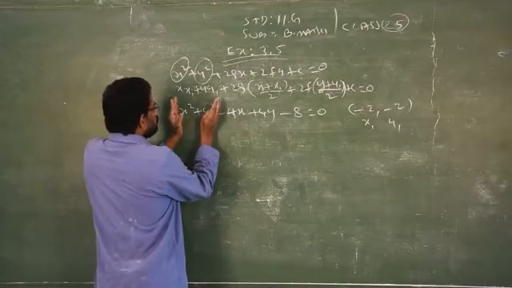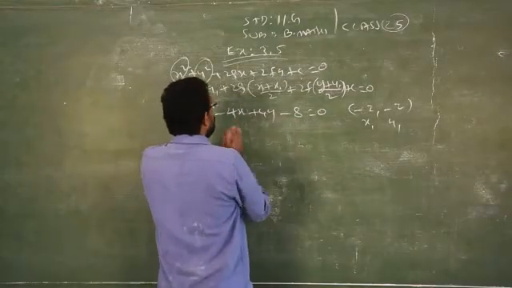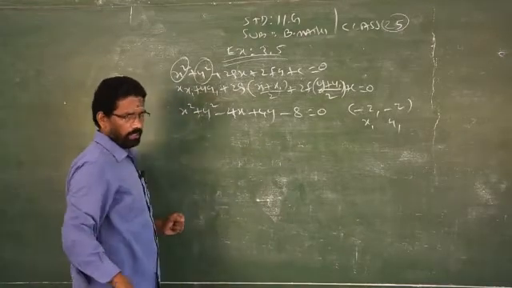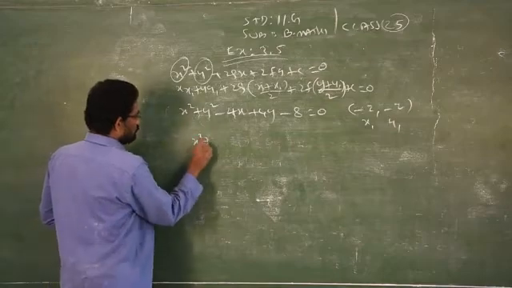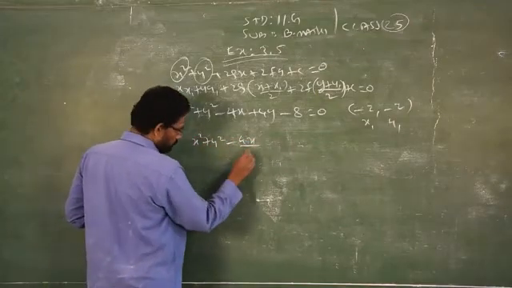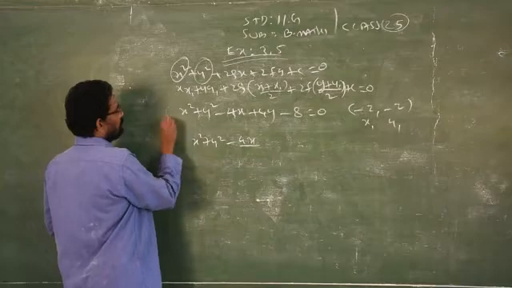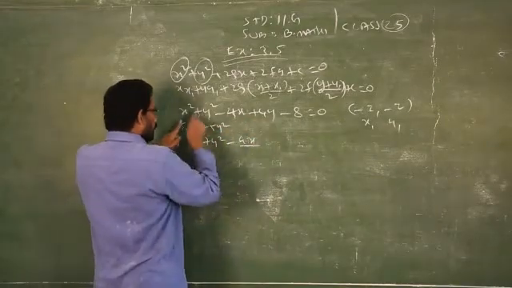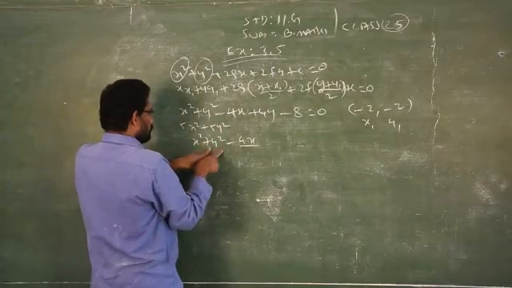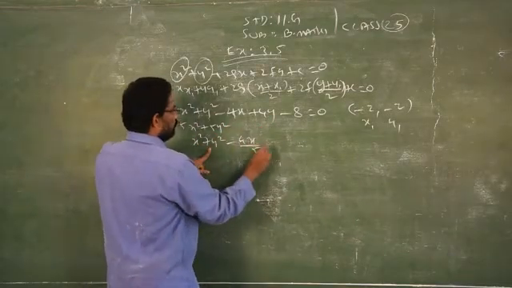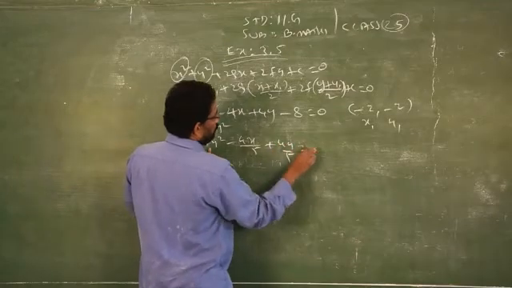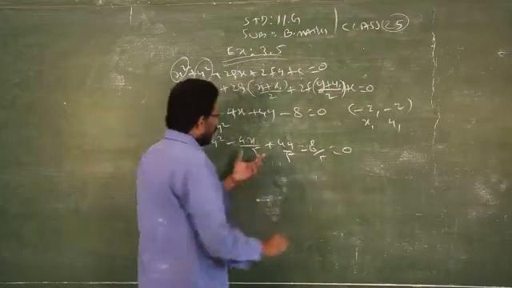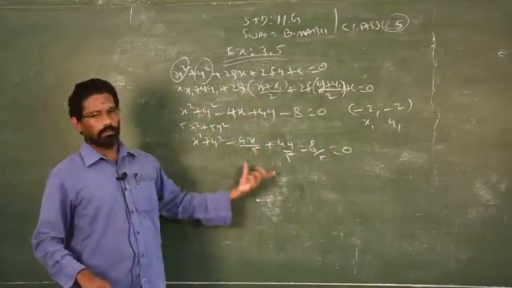So other than these two, you have to divide the remaining 3 terms by whatever coefficient is given along with the x square and y square. So you will get x square plus y square minus 4x by the constant, whatever it is given. For example, if it is given 5x square plus 5y square, divide all, other than the c, you can write x square plus y square, and divide the remaining terms by the coefficient of x square and y square. So after that, you can proceed with this formula.